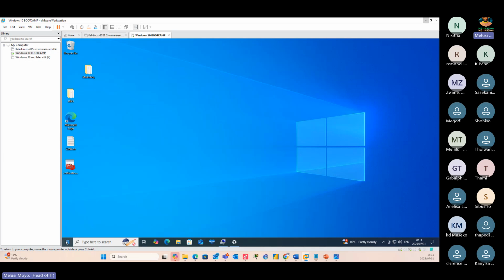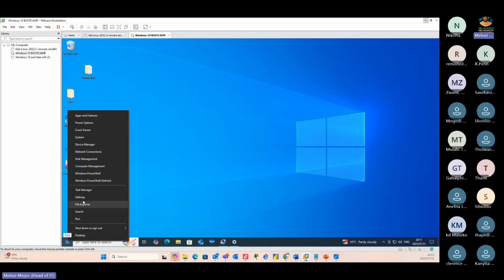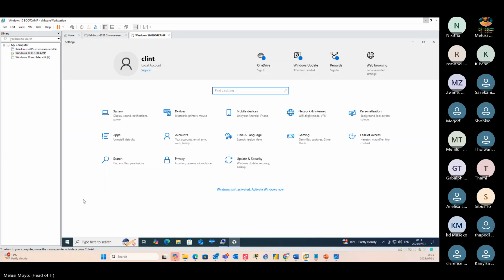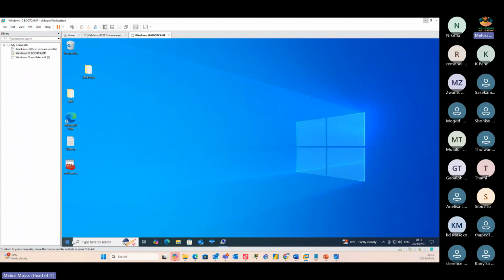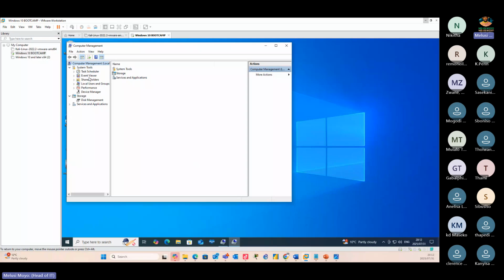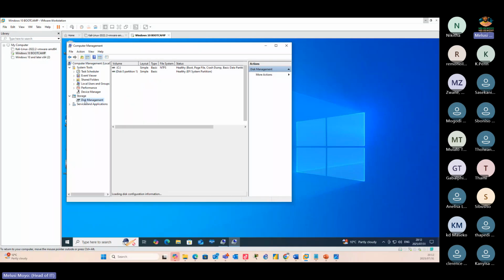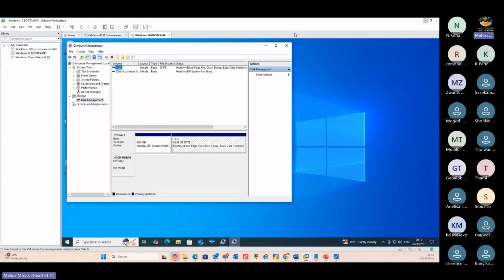So we went to settings, right? Not settings, sorry. We went to Computer Management. We went to Computer Management, and then we used these other two top parts. Now, when I look at Disk Management there,